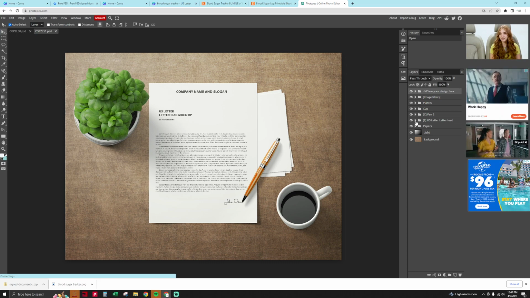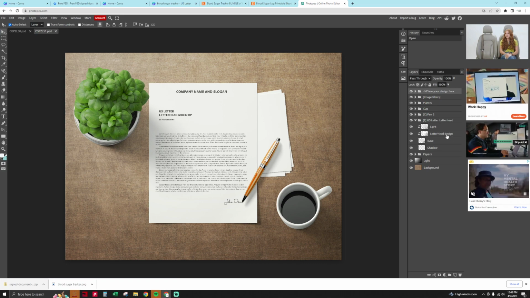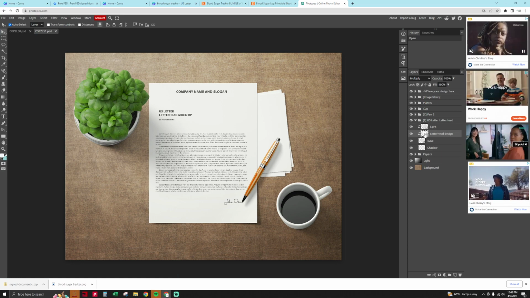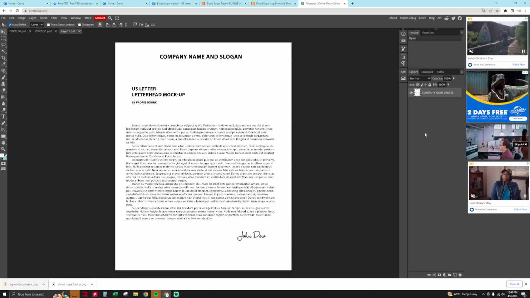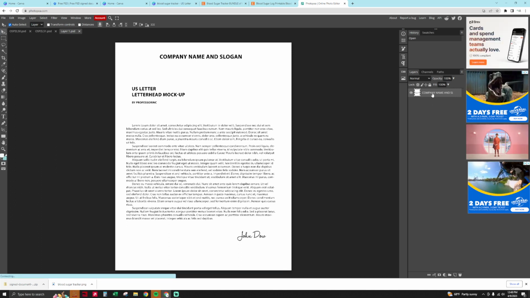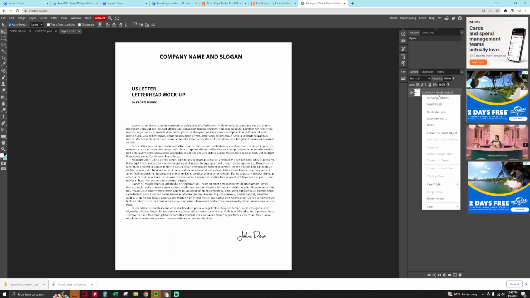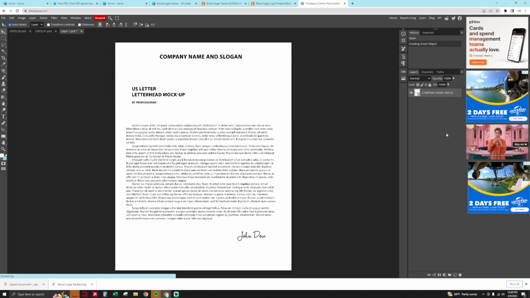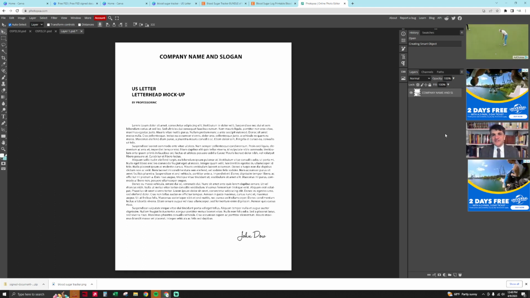So what we're going to be wanting to find is the US letterhead mockup. So we're going to see what this one is. I think that's the letterhead design. So we can double click on that. And there it is. That's what we want, that actual document that's in the mockup so we can change it and update it with ours. So once you have that file in place, you're going to want to right click it, or right click on the side here. And you're going to want to do convert to smart object, because that locks in the layer as that in the mockup,